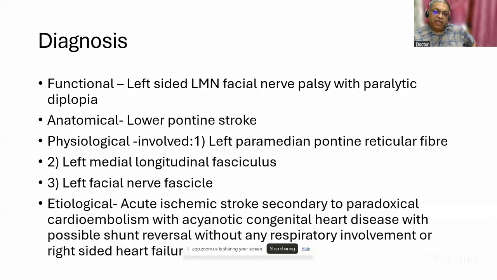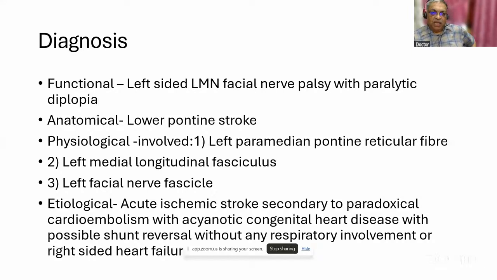How can you verify on clinical examination whatever you have seen? For example, I can give you a lead: the patient's vertical gaze was normal. It means the midbrain was okay. Now, the patient doesn't have a corticospinal sign. The patient doesn't have a cerebellar sign. There is no sensory impairment. It means most likely